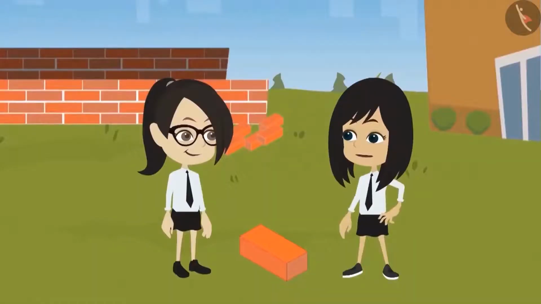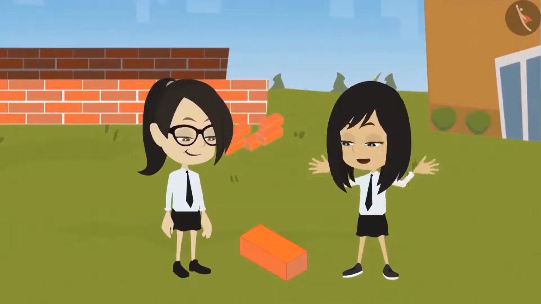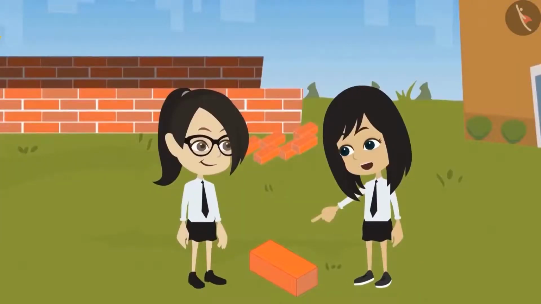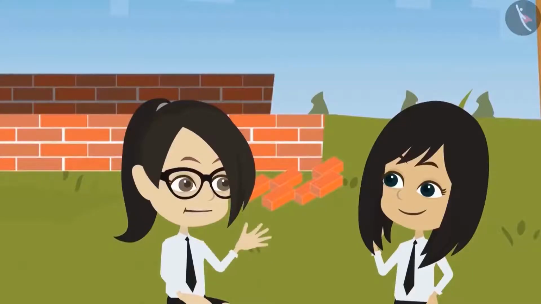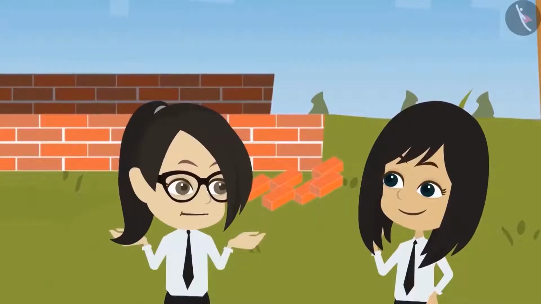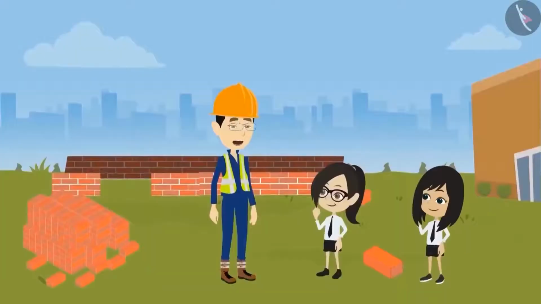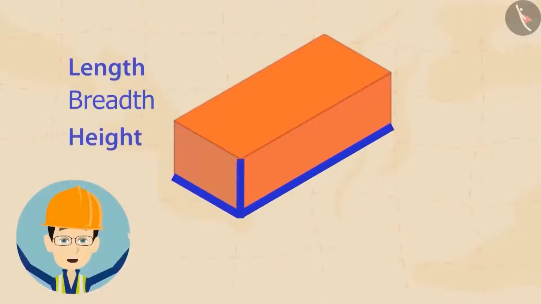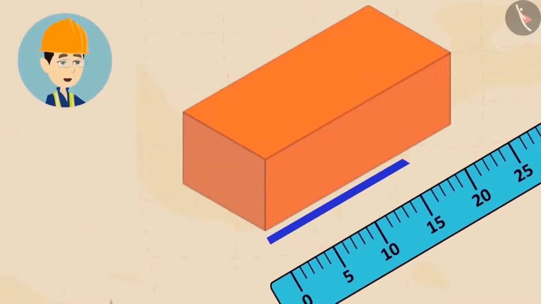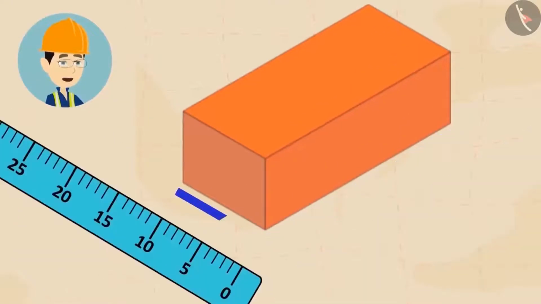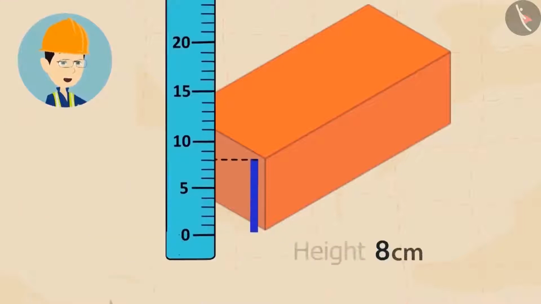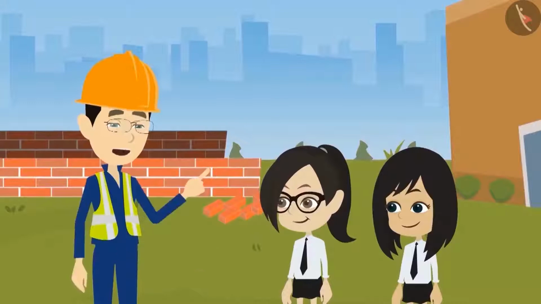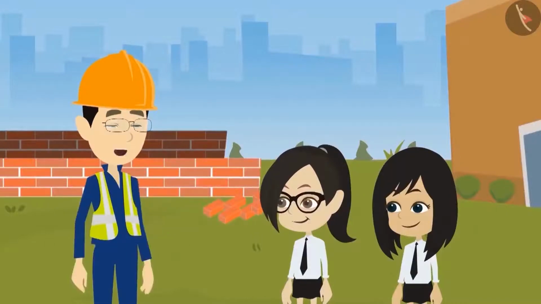There is one point to be noted about the faces and edges. What? Did you notice all the faces and edges are straight? Yes, you are right. But are all bricks this small? To measure a brick, we measure its length, breadth and height. The length of this brick is 21 cm, breadth is 10 cm and height is 8 cm. You can find bricks of different sizes, but for our construction, we are currently using bricks of this measurement.